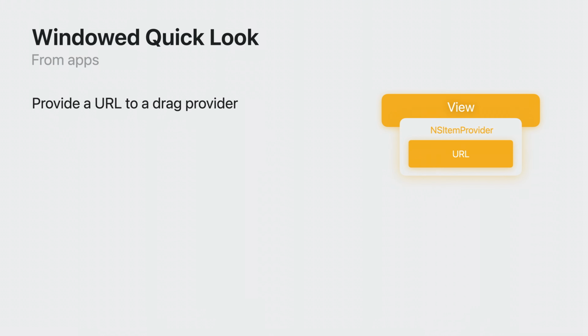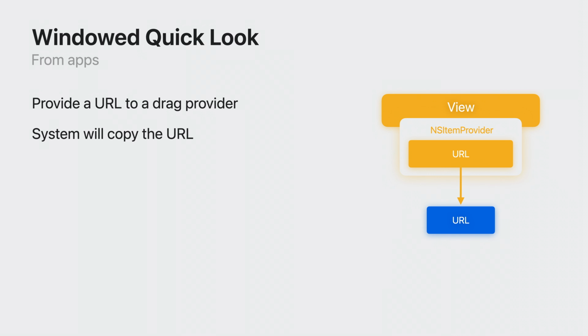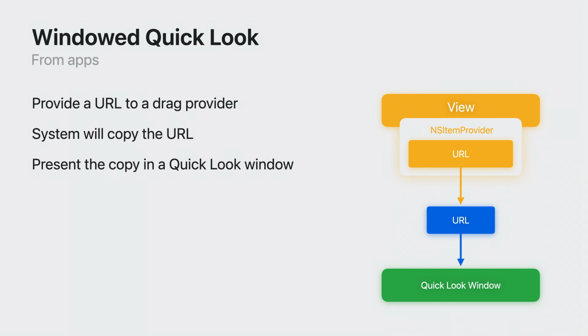Apps can present files in Quick Look windows by providing a drag source containing some URL. During a drag and drop interaction, when a drop target is outside of any app, the system will copy and present your provided URL in a Quick Look window. If your provided URL is pointing to a file hosted in a remote destination like iCloud, the system will download it first. Keep in mind that because a copy of your provided file is presented, any edits such as markups on an image made to the presented file will not be written back to the URL you provide.